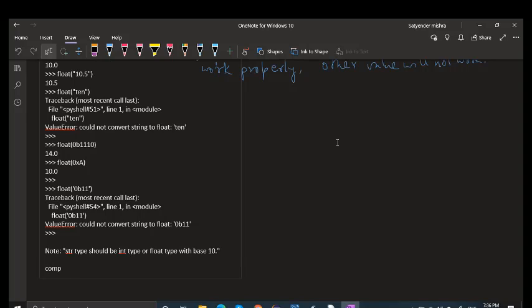So complex. In complex, what we are going to feed here? What is the problem?